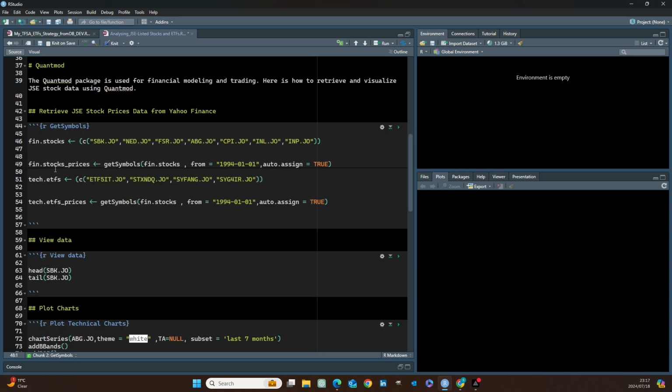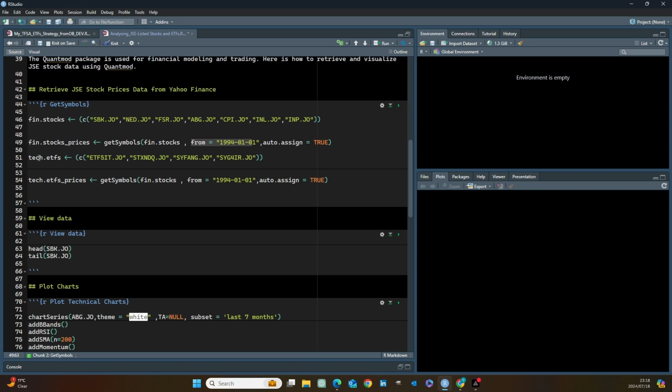And then I've also created another object, fin.stocks.prices, which is what we are going to utilize as the function that is going to call the symbols we have already highlighted from Yahoo Finance, and we have put in parameters that we are going to run this data from the 1st of January 1994. So we are going as far backwards as possible, right? And then I've also